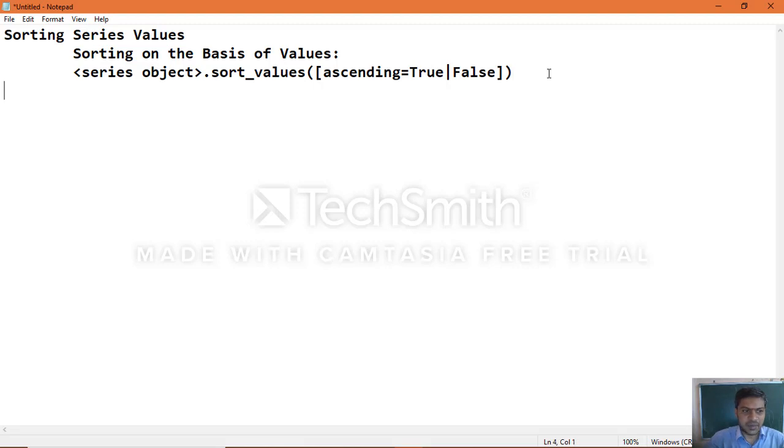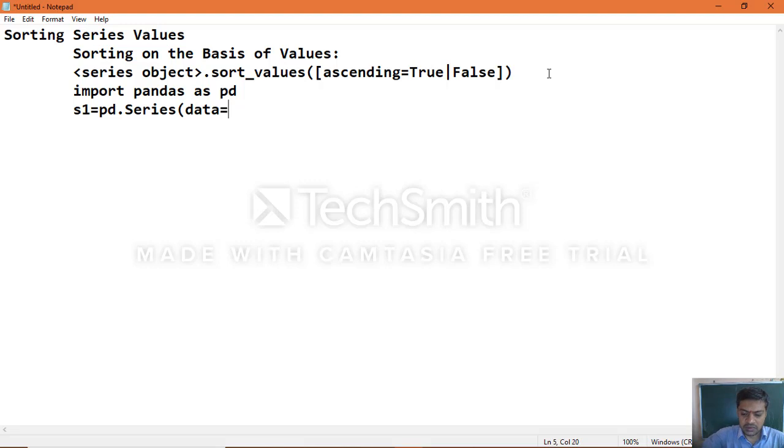Now we'll take an example of how we can do this sorting. Import pandas as pd, and then we can create the object s11 equal to pd dot Series of. The same charity contribution example can be taken.